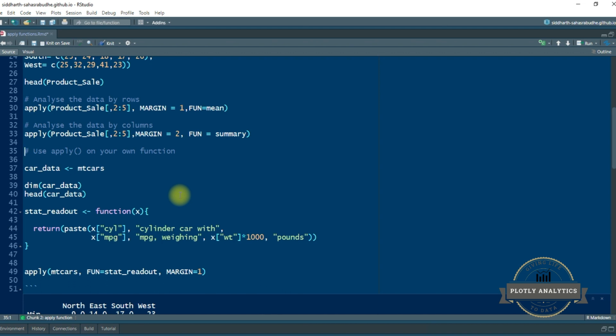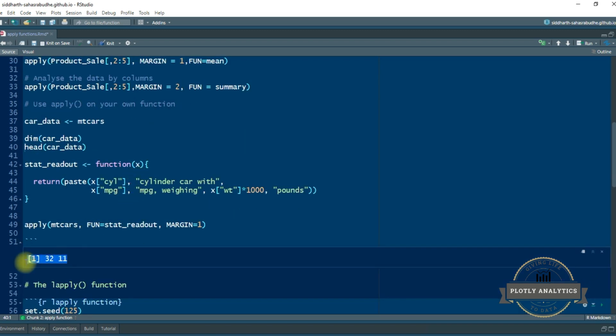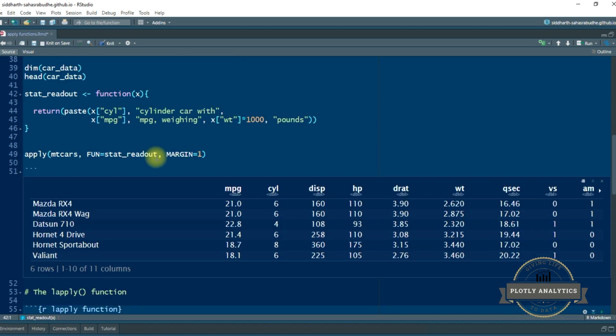The apply function can also be used on your own custom built functions. Let me help you out in demonstrating that. So I'm using the mtcars dataset. This dataset is preloaded with base R. The dimension of this dataset is 32 rows and 11 columns, so it has 11 different variables. Typing out the first 6 rows of the data set, as you can see, it has car names, car models, and